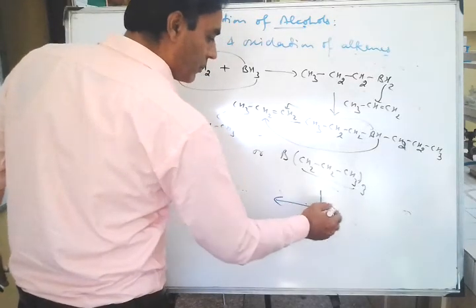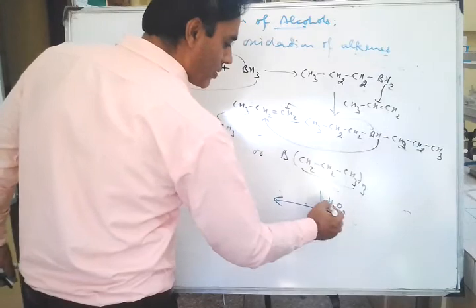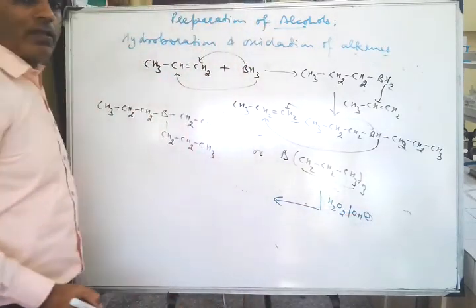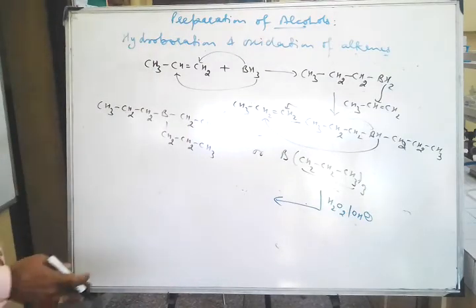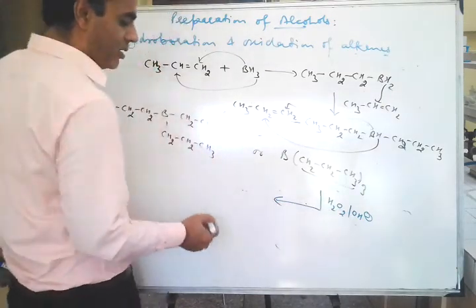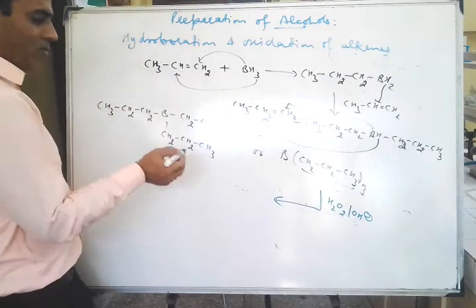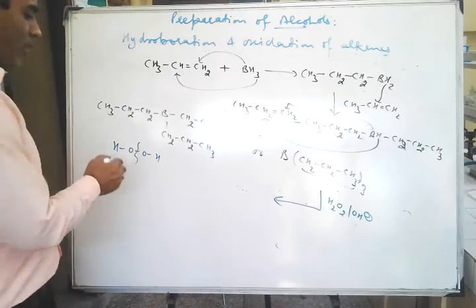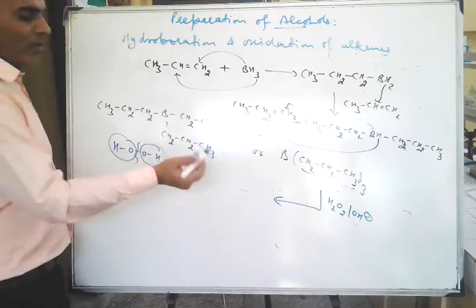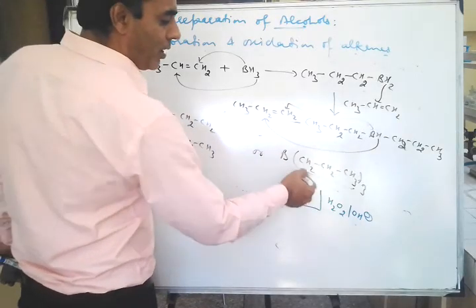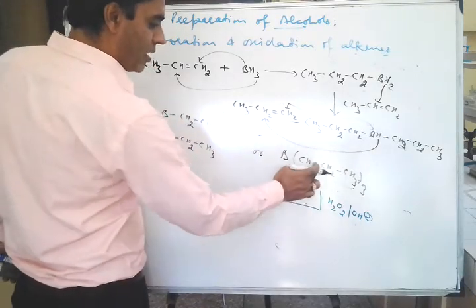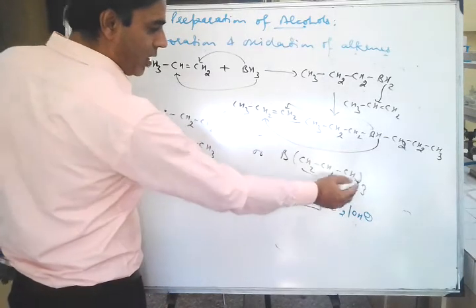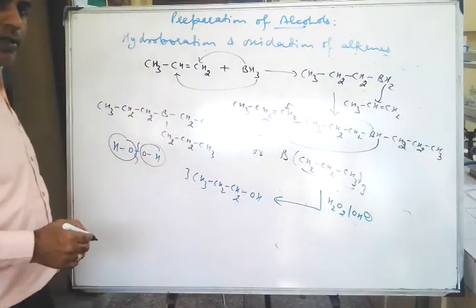Show oxidation, that is alkaline oxidation. So here we are using OH negative ions for alkalinity, and oxidation is caused by hydrogen peroxide. This is known as hydrogen peroxide. So what will happen? The structure of H2O2 is like this. It will break here, and the OH groups will get bonded to this alkyl part. So CH3, CH2, CH2, CH3, CH2, CH2, OH. Here are 3 alkyl groups. So you can write here 3.